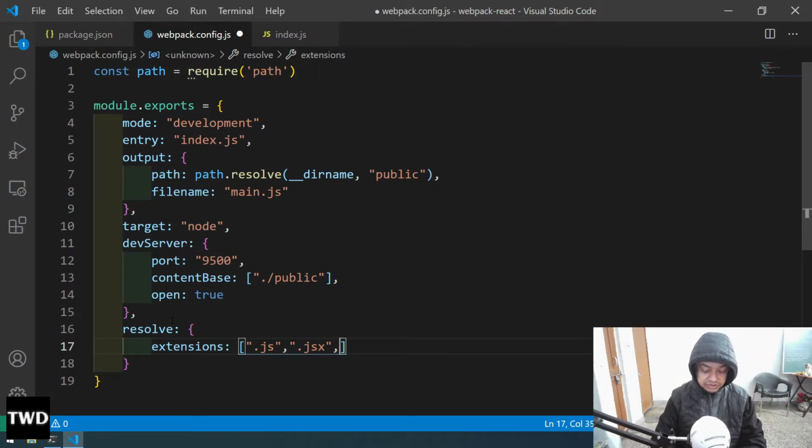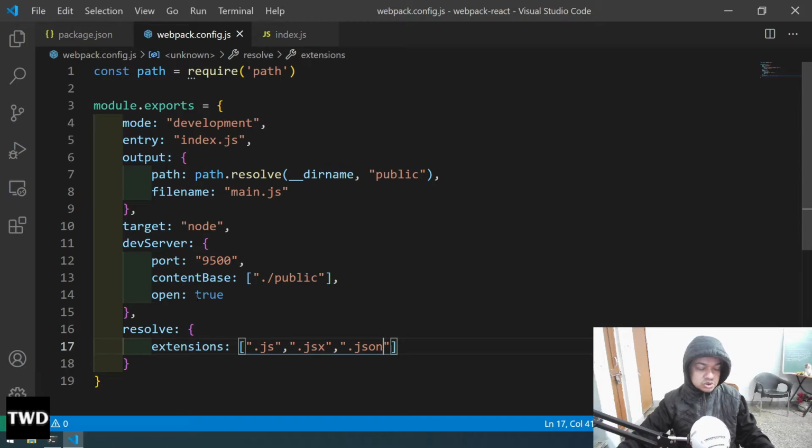And we need to process that .json also. This is very important. .json files also we need to process. So as you know, a lot of time we process .json files also, and so this is done. And then we actually need a Babel configuration file before creating some